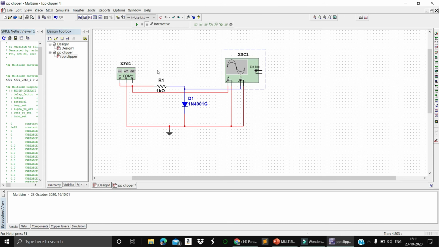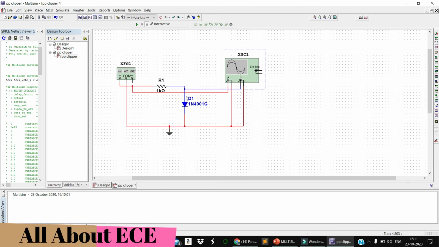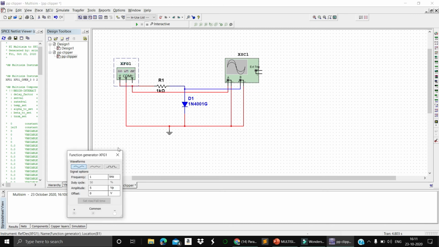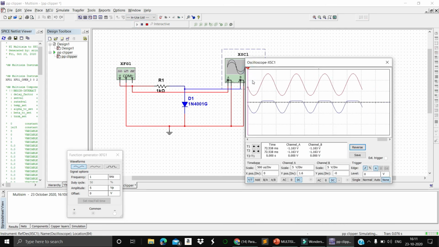In this way you have seen I have already designed a resistor along with a capacitor and diode. We are taking the output from the diode, connected in this way, across the diode, in parallel, which is why it is called a parallel clipper circuit. This is a function generator that we are giving the input. This is the oscilloscope. Let's run this one. We'll observe the output waveform from here itself, to see what is happening over the operation of this circuit while we are giving input: what happens when we give the positive half cycle and what happens when we give the negative half cycle.